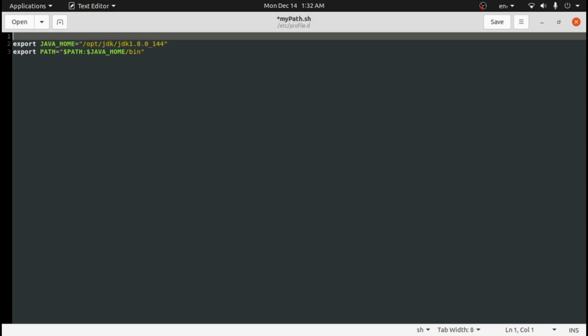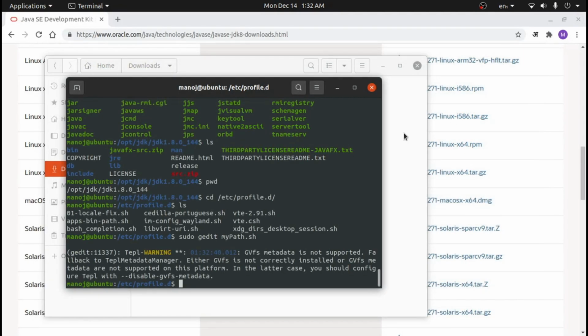Let's add an export command for these Java variables. Save and close this file. So I set two environment variables, JAVA_HOME and PATH.